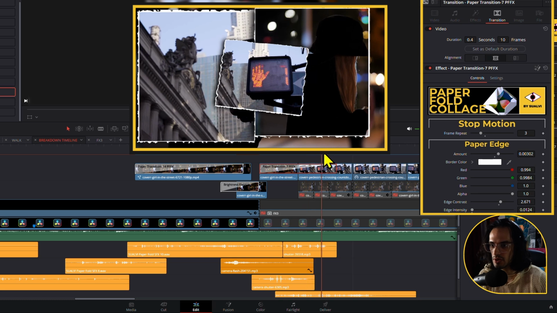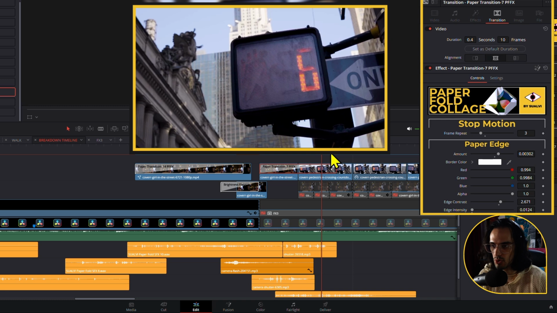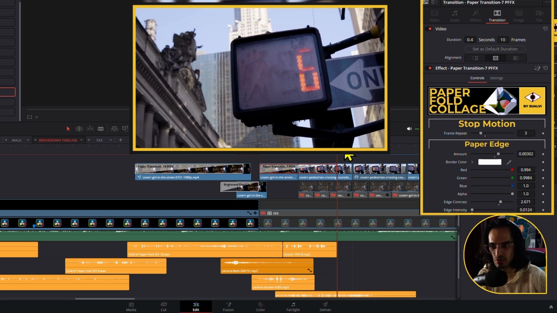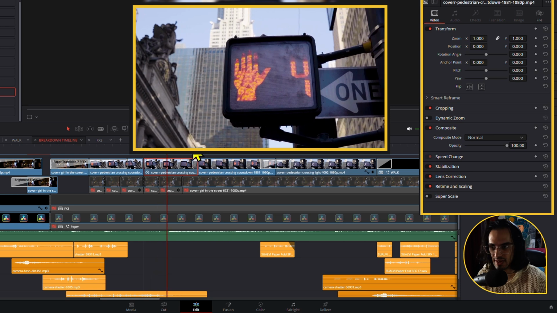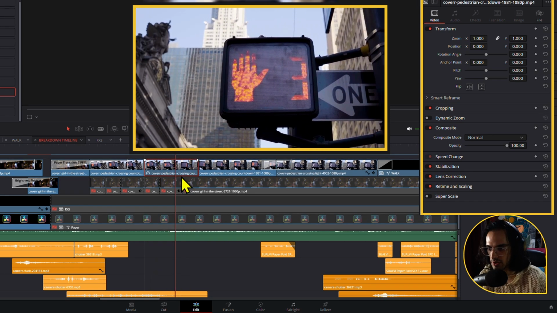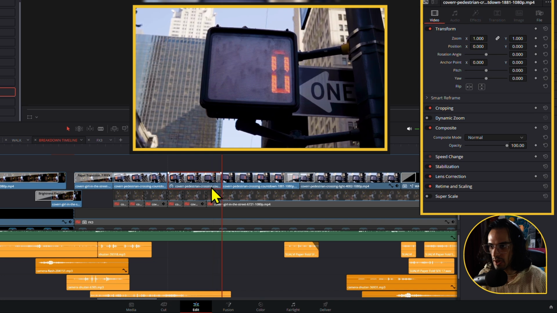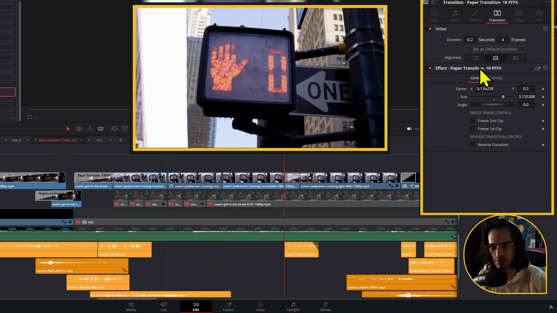So if we just continue, then it just shows up, and the last portion of that transition, the center clip becomes a little bit bigger, so it rotates, and then it just jumps into this one right here. Then we have this one, which doesn't have anything because it looks cool. 4 3 2 1, sort of like mixing it up, right? Just adds a little bit more of an attention grabbing type of element because of the countdown. And then it stops right here, and then we have another simple transition that is the paper full effects 18,